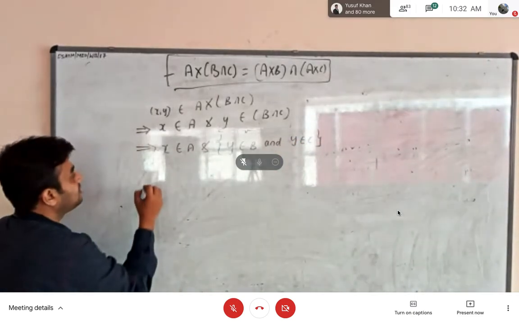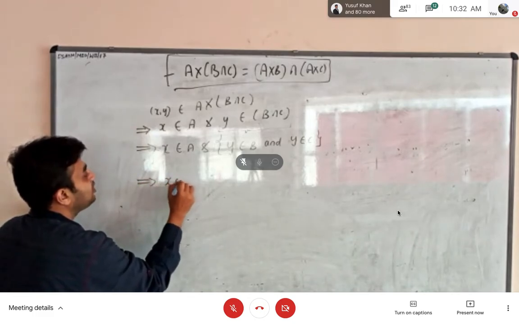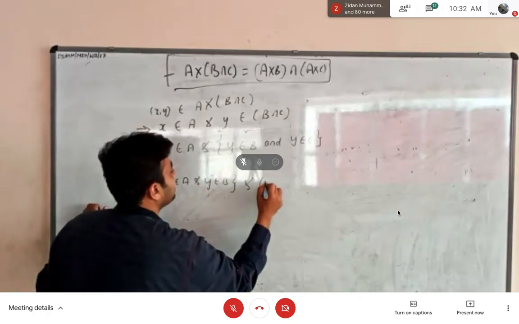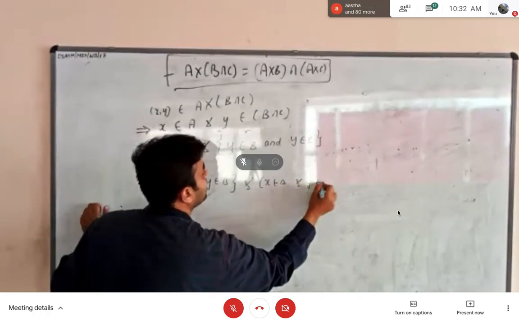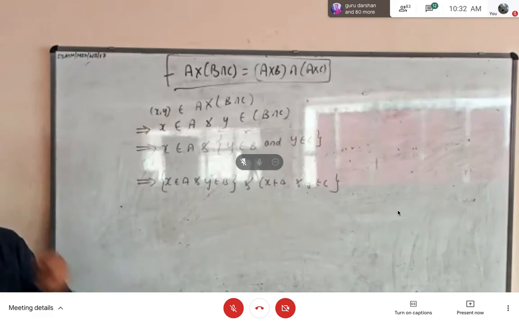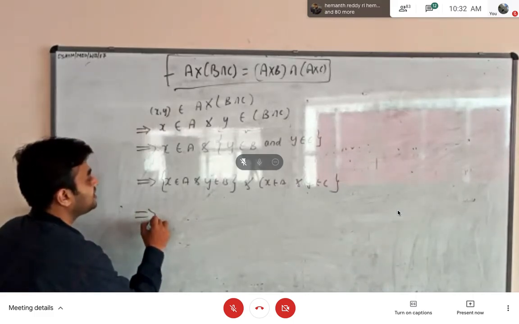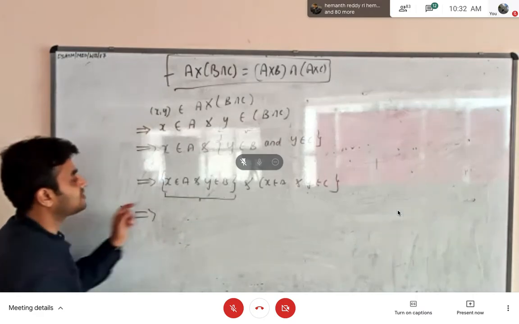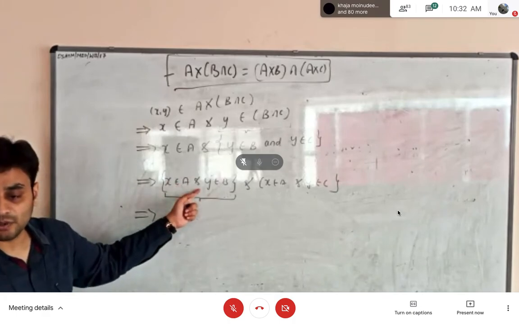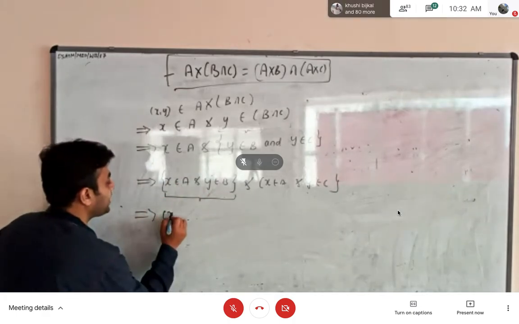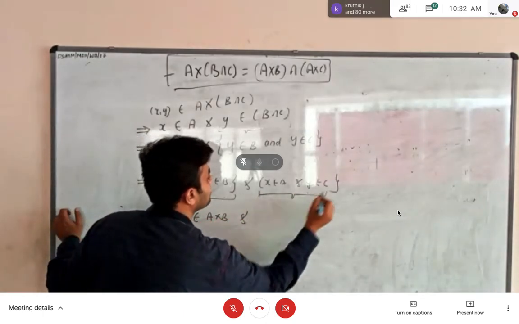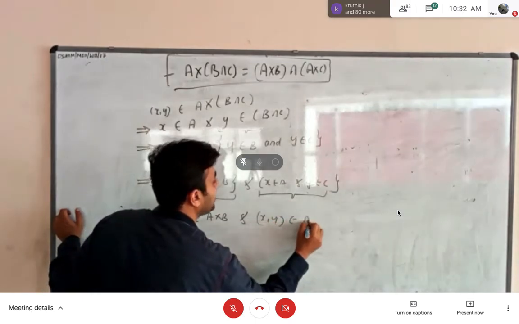So later, this can be further written as x belonging to A and y belonging to B. This is one part, and x belonging to A and y belonging to C, right? So now I have expanded to the full extent. So now I have to recombine this. If you observe this, it is as per the definition of Cartesian product because you have different symbols, that is x and y. If x belonging to A and y belonging to B, then the ordered pair (x, y) belongs to A cross B. And the same holds good even for this part, (x, y) belonging to A cross C.